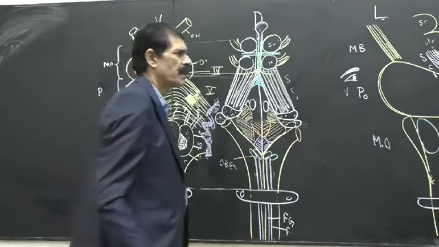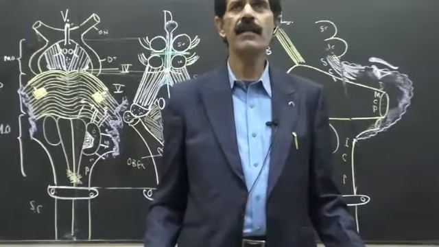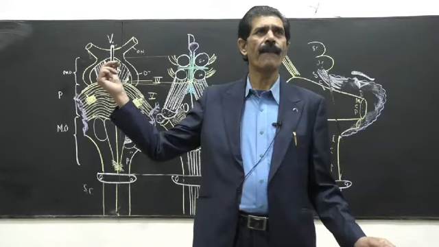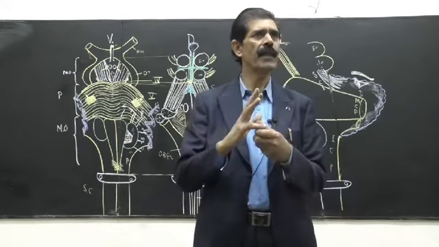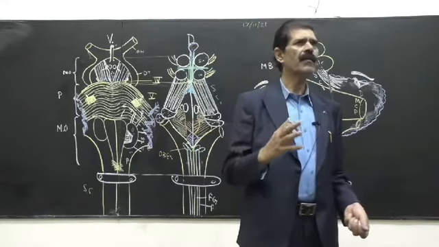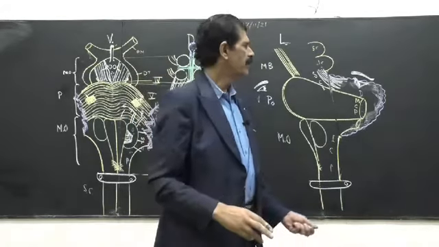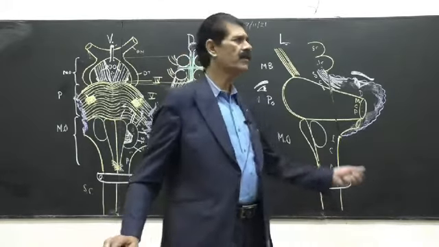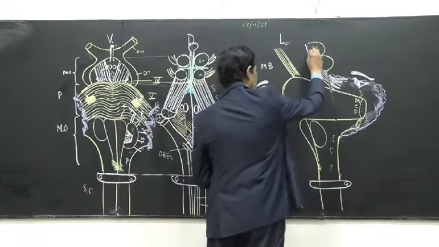Another thing you have to see in the head and neck is the various nuclei. Various nuclei are scattered in the brainstem, because all the cranial nerves except the olfactory arise in the brainstem. Some at the level of the midbrain, some at the pons, some at the medulla. So you have to remember which cranial nerve arises at which level of the brainstem. Then when we cut the transverse, longitudinal or sagittal sections of the brainstem, inside the brain what we see is the ventricular system.